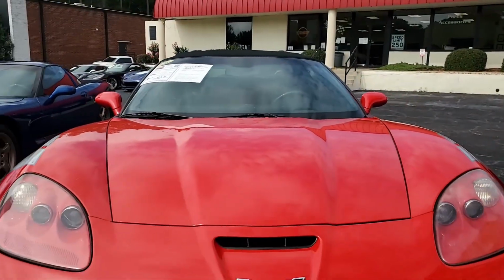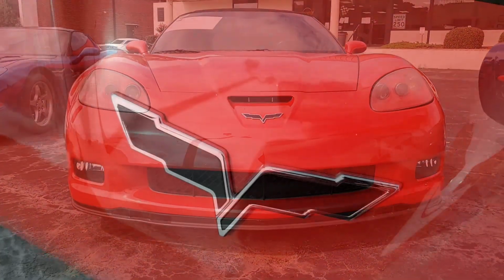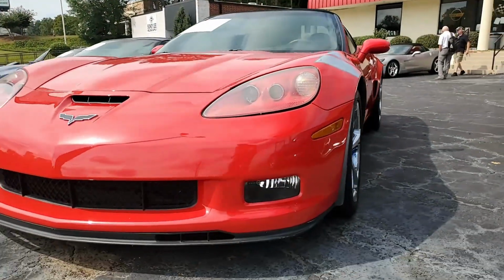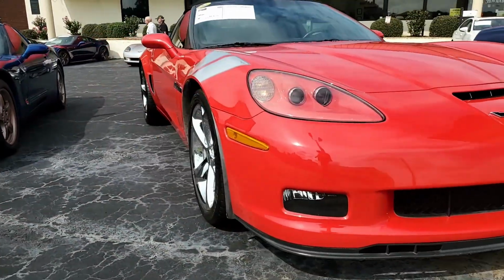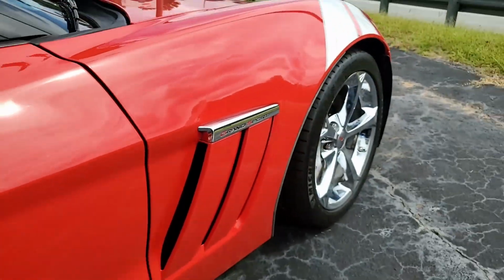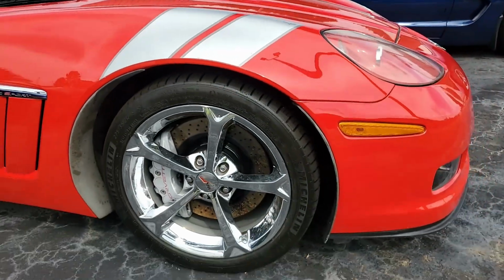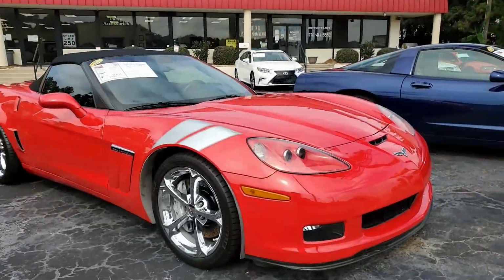Now, factory features include the $4,205 3LT Preferred Equipment Group. We always remind you this includes heads-up display, memory package, tilt and telescopic steering, dual power heated sport seats, universal garage door transmitter, and it has the Bluetooth package. It also has the Grand Sport package, revised shocks, stabilizer bar, and spring specifications, Z06 sized wheels, tires, brakes, wider fenders and quarter panels, and it has the Z06 style rear spoiler and front splitter, the Z06 style front bumper,